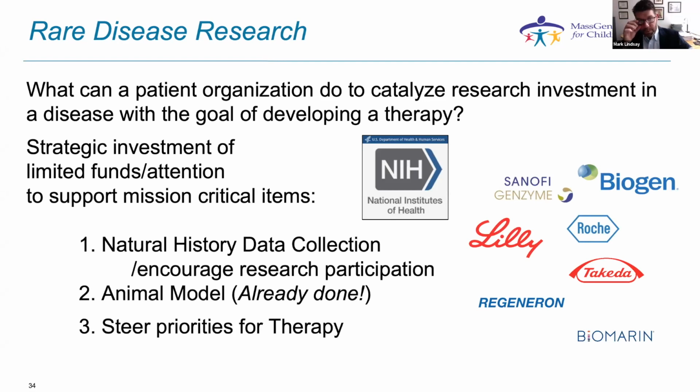It helps to participate in natural history studies, whether that's a survey or a more detailed natural history study where you're coming into a medical center and having some MRIs, and that's what will help us interest